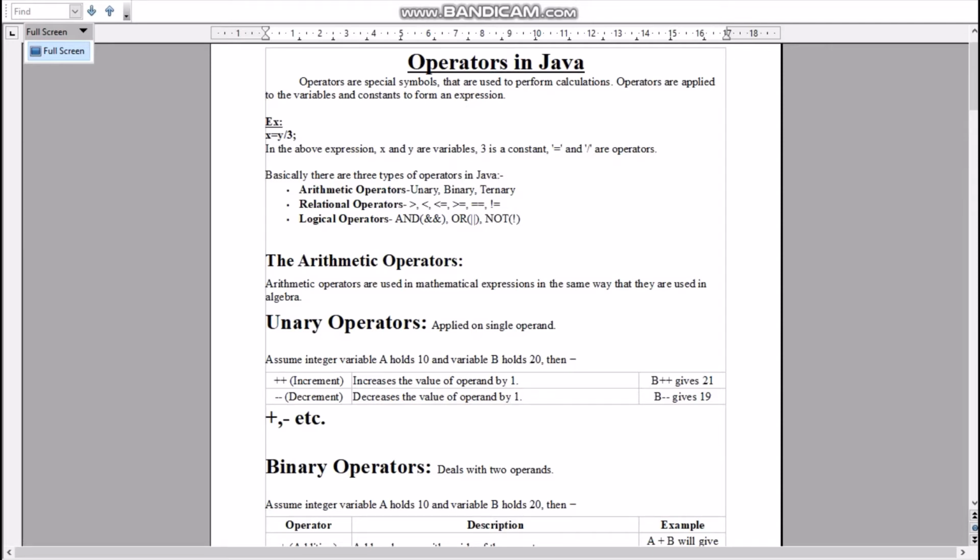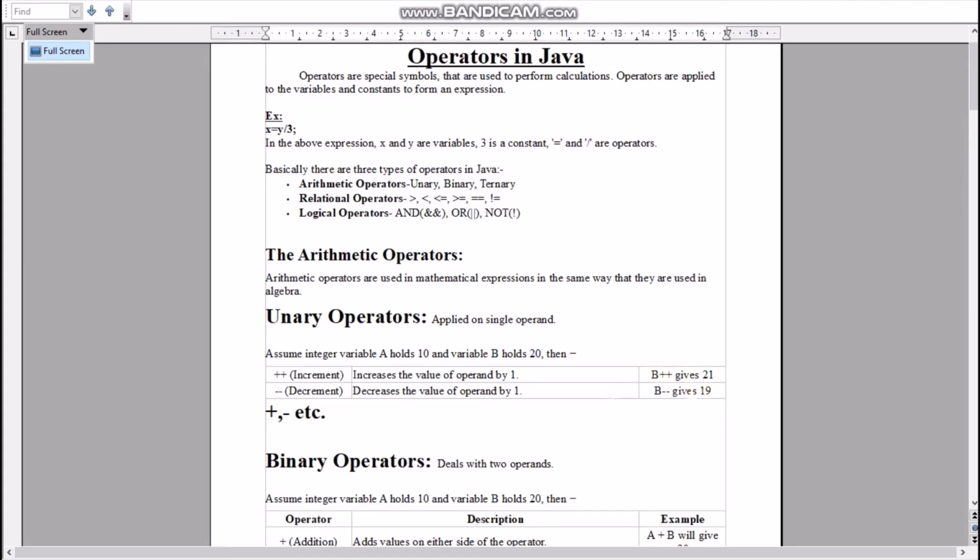Now we are going to discuss unary operators. They are applied on a single operand. Let us assume that integer variable a holds 10 and variable b holds 20. Then b++ gives 21 because ++ increases the value of the operand by 1.